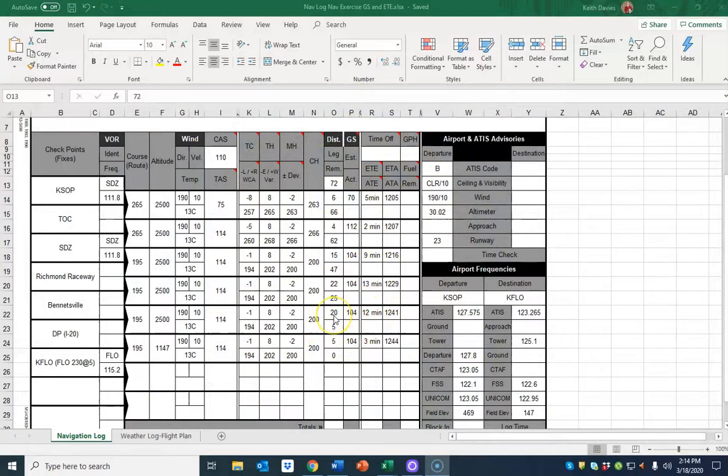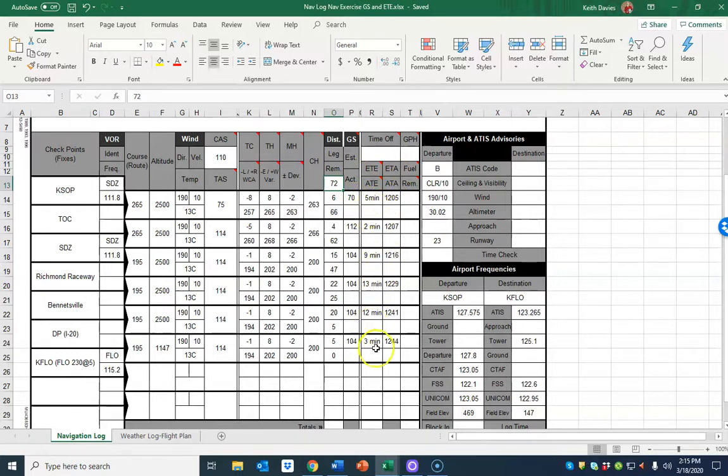Did the same thing, took my 104 and hit the 20, found out 12 minutes, and then 5 miles at 104 after my descent point into the airport, and 3 minutes. So all I did here was with a time off of 1200. Okay, well, 5 minutes later, 1205, 1207. And on this ETA, you can see this is estimated time en route, estimated arrival time, and my ATA is